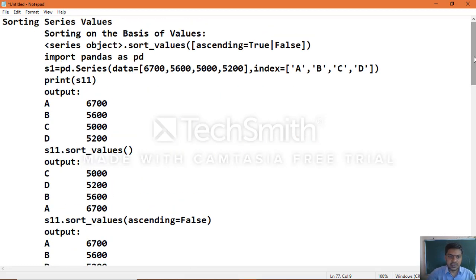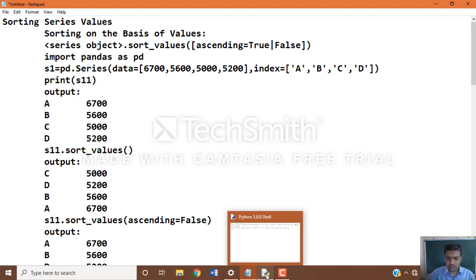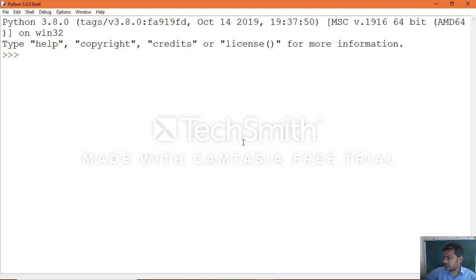Now we will execute the same things practically. We'll see how we can sort the data. So first we can import the pandas module as pd, and in the same manner you can import the numpy module also: import numpy as np.